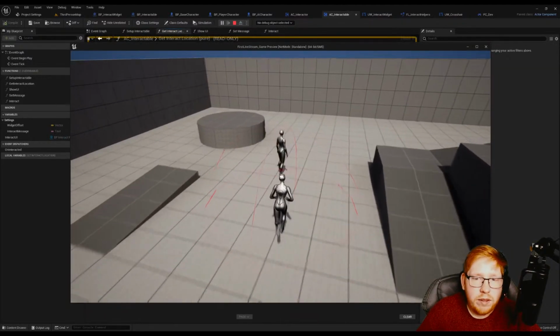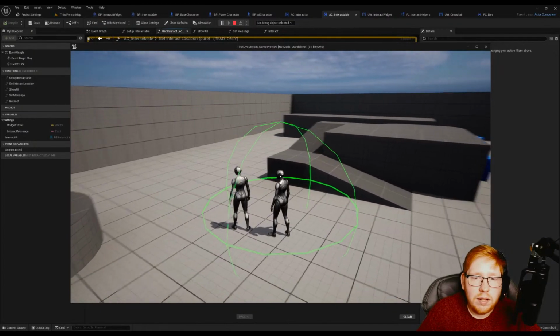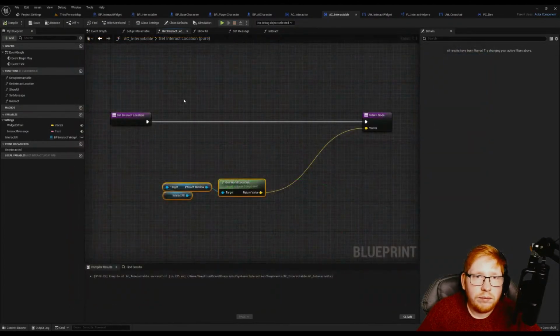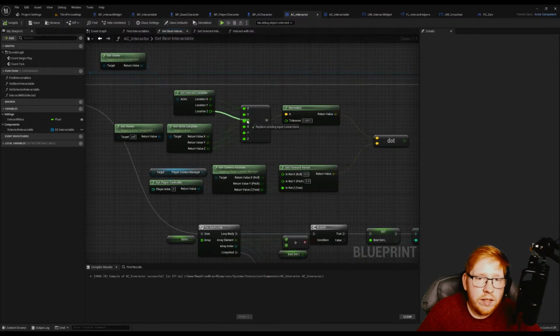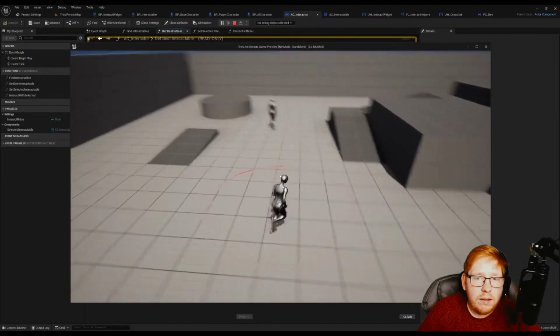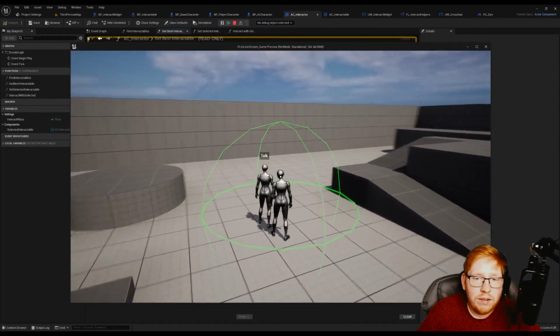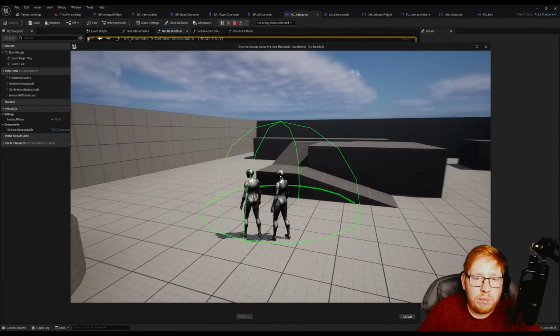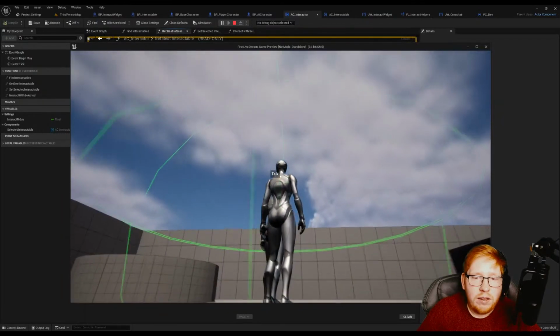So right now, if I walk up to this character, you can see that I can look about this far before that widget goes away. However, if we come in here and I go to get best interactable, I'm actually just going to set this Z value back to what it's supposed to be. And you'll see here that it works at a much smaller range. Rather than being able to go basically halfway, it ends here. But if I look up,